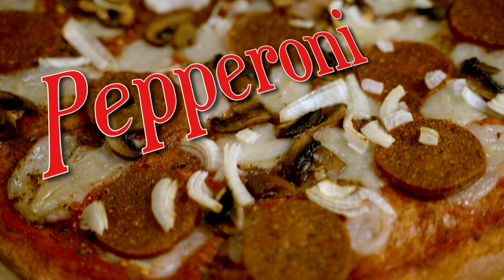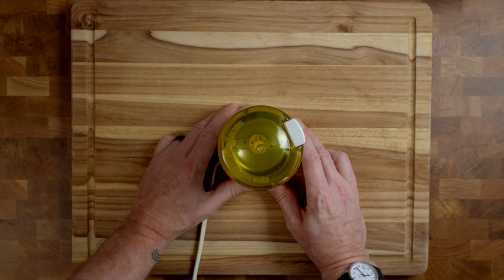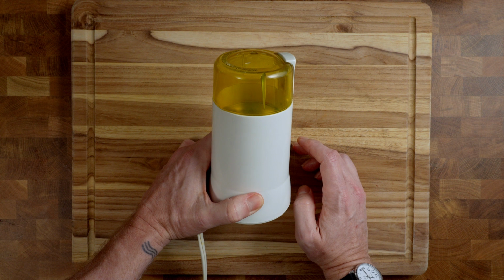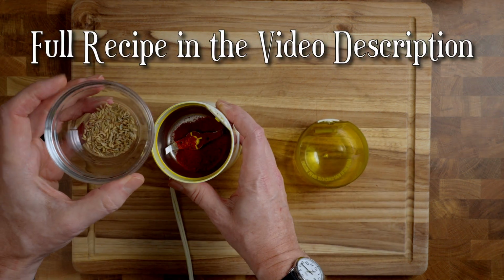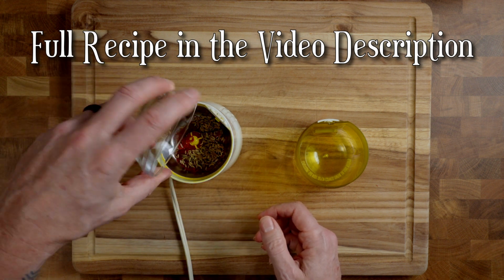Let's make pepperoni, but vegan. To get started, you're going to need a spice grinder. Ours has been used to make turmeric. That's why it's yellow. I have a teaspoon of smoked paprika, 1 teaspoon of fennel seeds, 1/4 teaspoon of anise